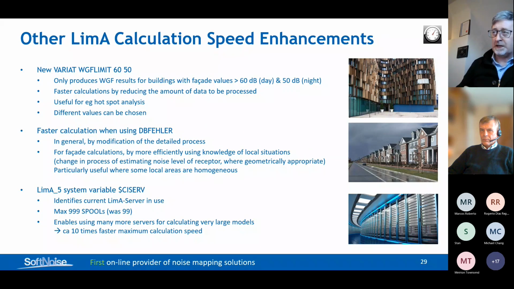Other calculation speed enhancements include limiting the results on the WGF results, the facade results for buildings, to those that are greater than a certain level, for example, 60 dB at day and 50 dB at night. This is useful for hotspot analysis where you're only interested in high noise levels. So you can put that in to speed up calculations. And you can set up these values as you wish. dB failure in itself is quicker in general, but it's also quicker specifically for facade calculations,